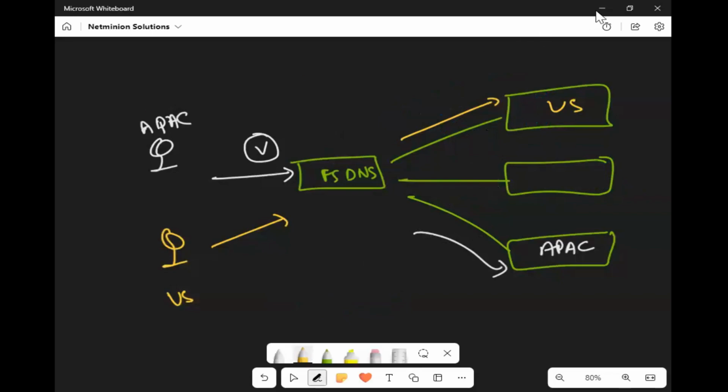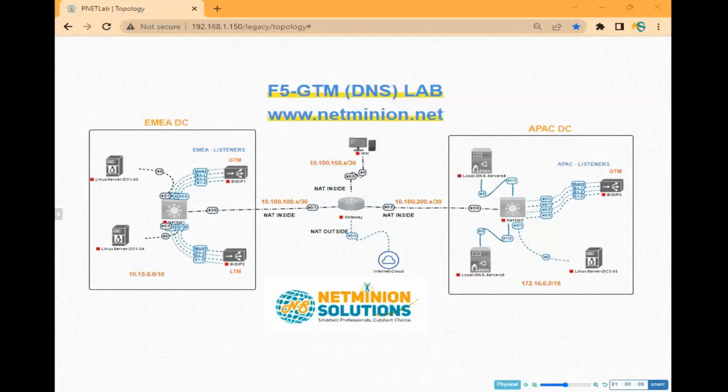So that is how we will be having more than one data center, and that is the reason we are depicting two data centers here. One is, let us say, APAC, and the second is the EMEA. Now,